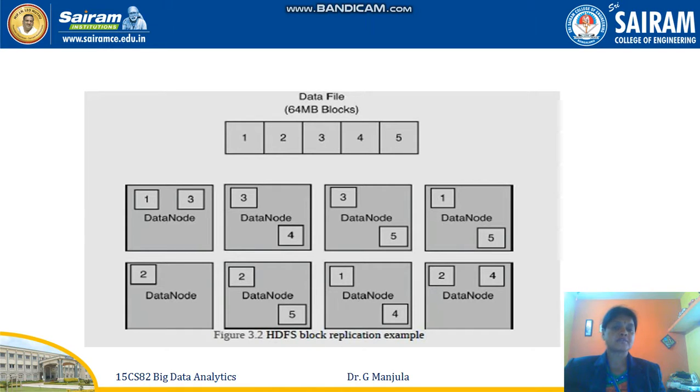Suppose some client may access only 1 and 3. Some client may ask only for 3 and 4. Some client may approach only 2. Some client may ask only for 5. Now you may get a doubt here. Suppose I want only block 4. The client requests only block 4. Now I send from a data node, and you can see 4. Okay, second node, there are 3 and 4. I am sending that. Now, why does he need 3?